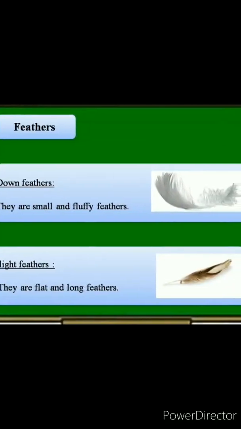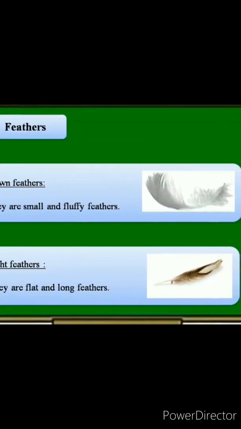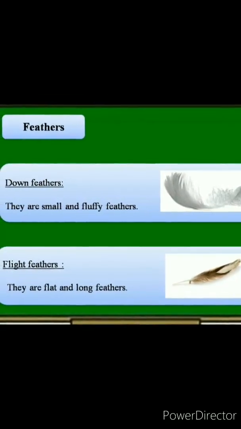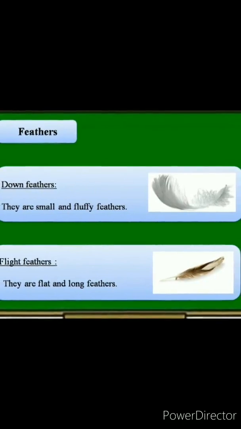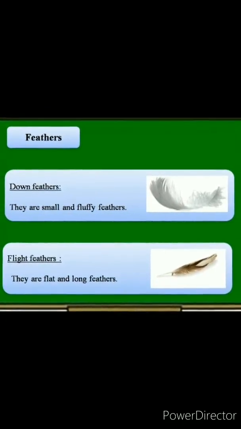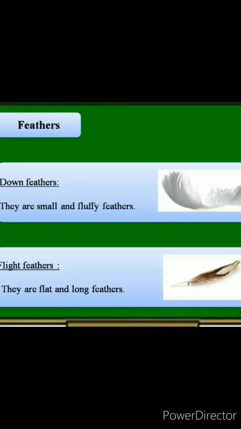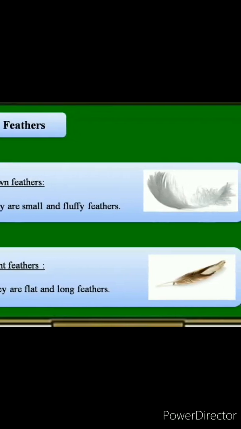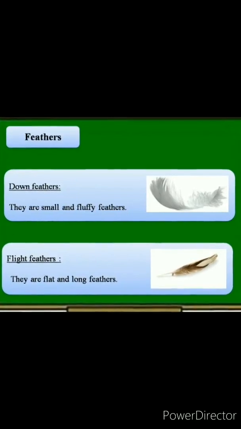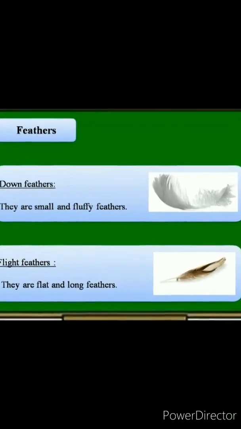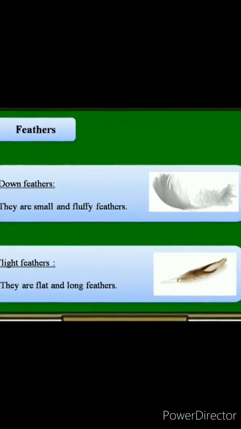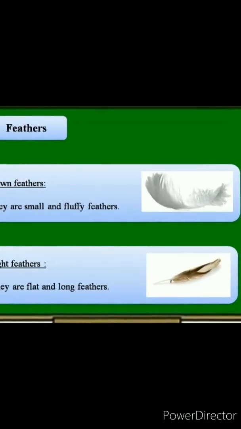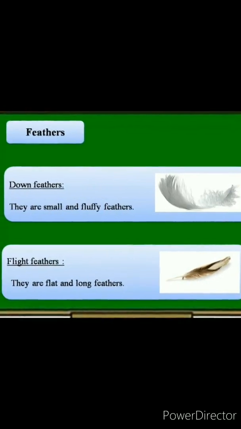Here you can see the picture of birds' feathers. Instead of skin or fur, birds are covered with feathers. Feathers provide a waterproof layer for birds and act as an insulator, so they can maintain a high body temperature. Birds usually need to maintain a body temperature of 110 degrees.